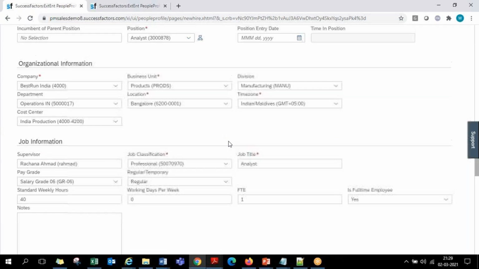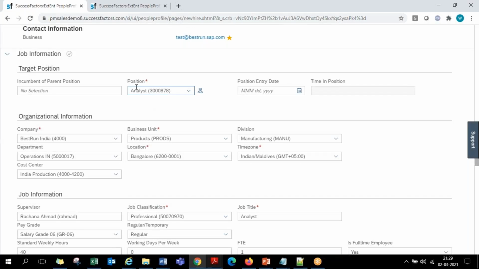This is because in the system, when we created this position called analyst, we defined everything, guys. That is the future concept we'll see under the name of position management. In position management, whenever I create a new position, say analyst, it's not just an empty name.